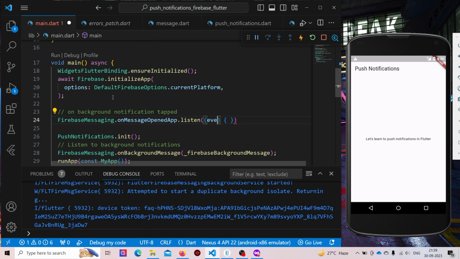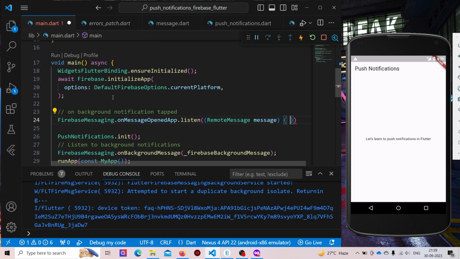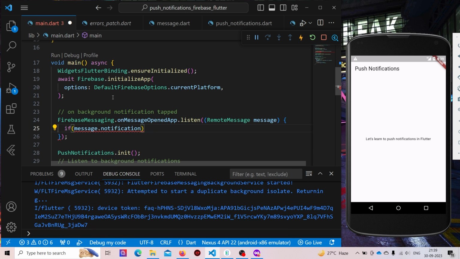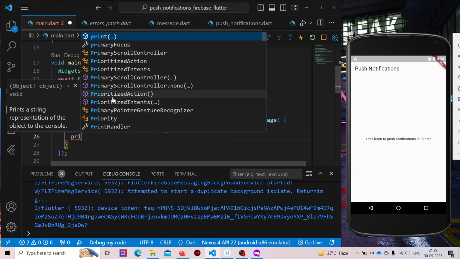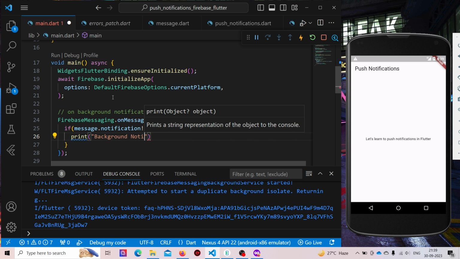Here inside event we will pass our remote message, and if our message dot notification is not equal to null, it means we have tapped a notification. First we will print: notification background notification tapped,